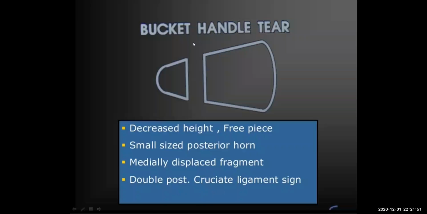The orientation of the torn piece is always from the posterior part to the anterior part. It is still holding onto the meniscus at the anterior and posterior parts, so it is like a bucket handle going from anterior to posterior. This is why it looks like a posterior cruciate, and that is where the name double PCL sign comes from. It mimics the PCL on the MRI. Okay? So if you find this double PCL sign, usually you can confidently diagnose that this patient has a bucket